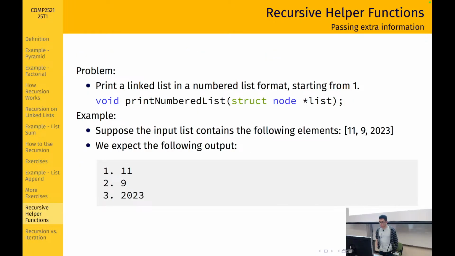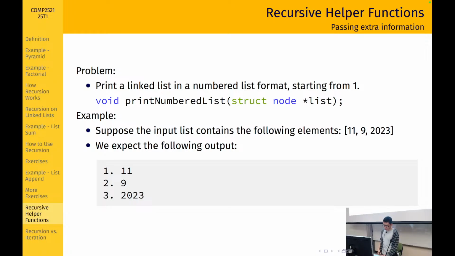Okay, so the second reason why we might want a recursive helper function is we want to pass in extra information, such as state information. And there are algorithms called backtracking algorithms, which are recursive, where you would want to keep track of some information as you are traversing through whatever it is that you're traversing, right? But here, I'm just going to show you a